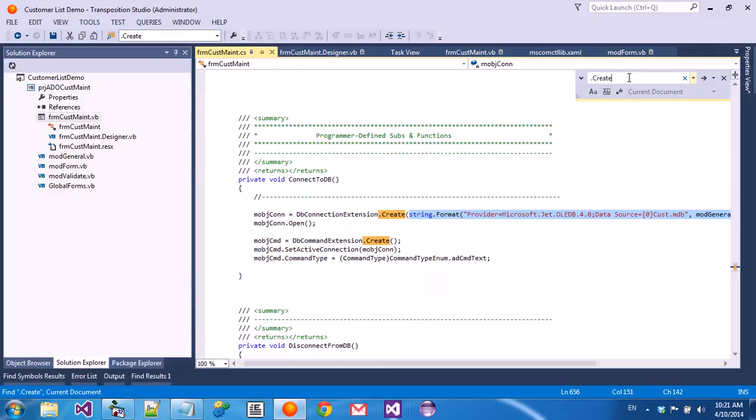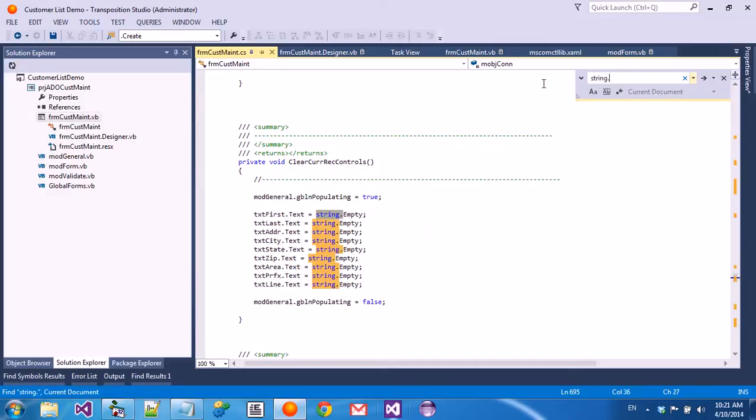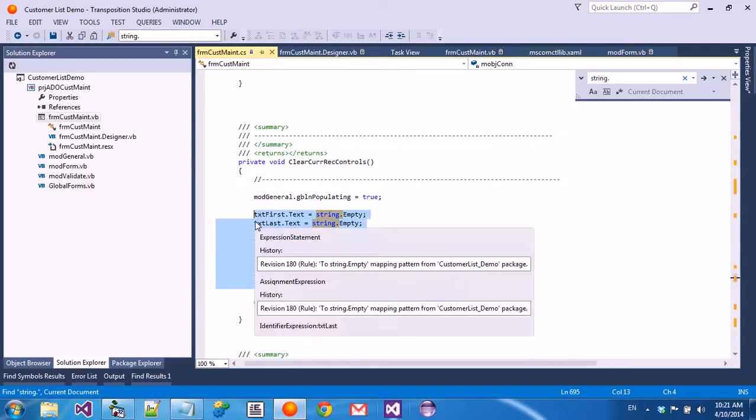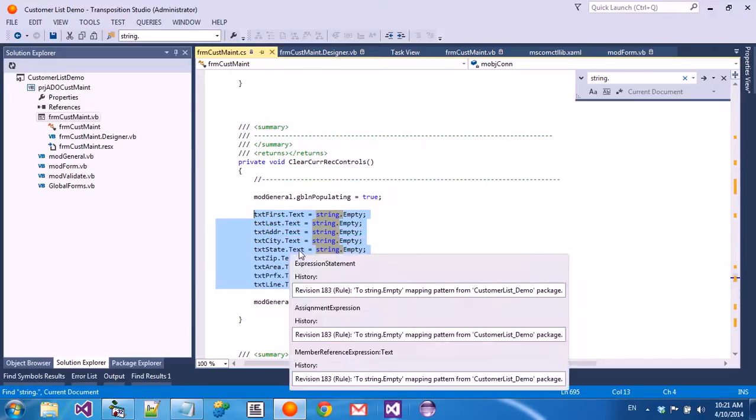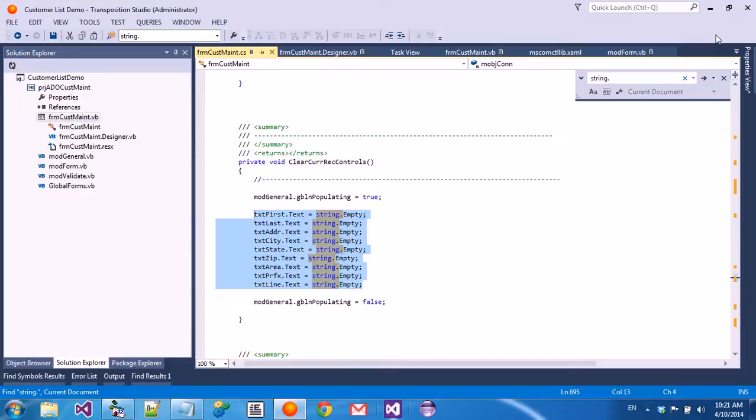And we can also search for the second pattern that I've defined. Here it is, and you can see that every place where we had .text equals empty quotation marks, we now have string.empty. So the next thing I'm going to do, and this is going to be a bigger jump,